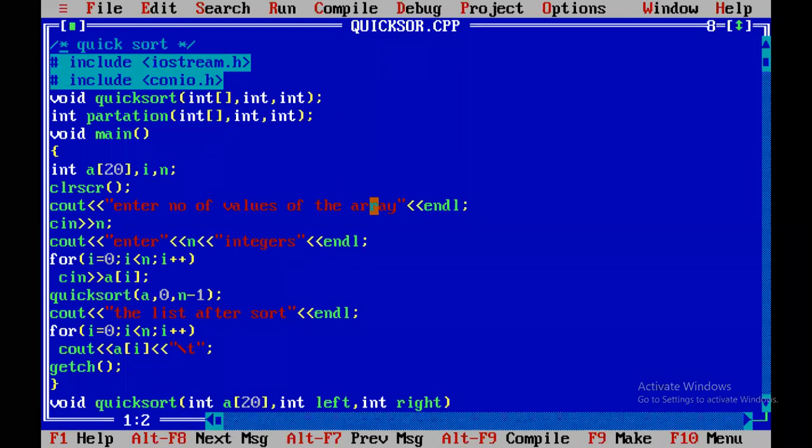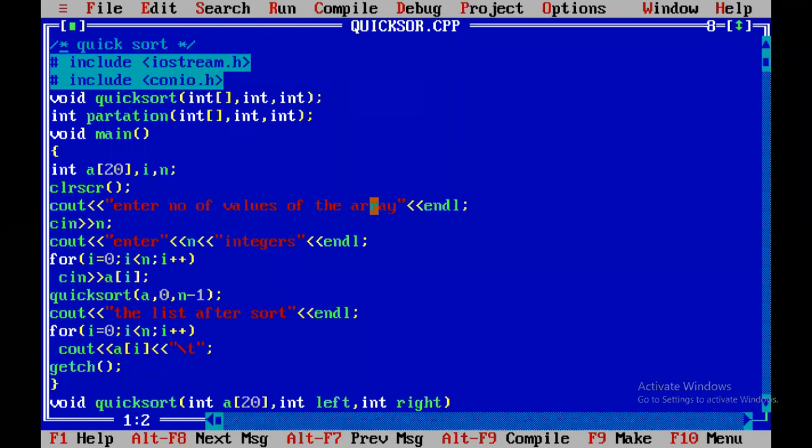To read the n numbers, first read the n value. After reading n, I use a for loop because for is convenient to read n number of times. The starting position of the array is 0: for i equal to 0, i less than n, i plus plus. Finally, I call the function quicksort(a, 0, n minus 1).